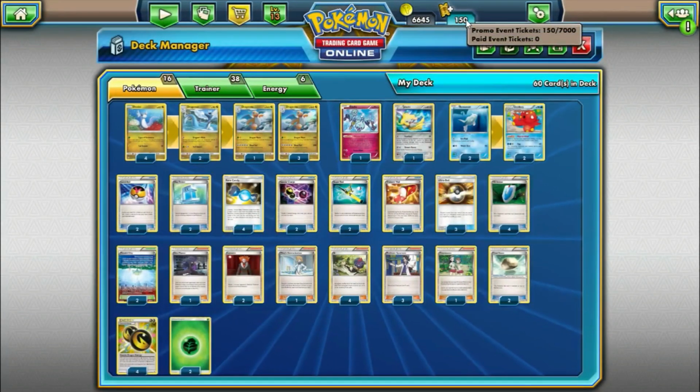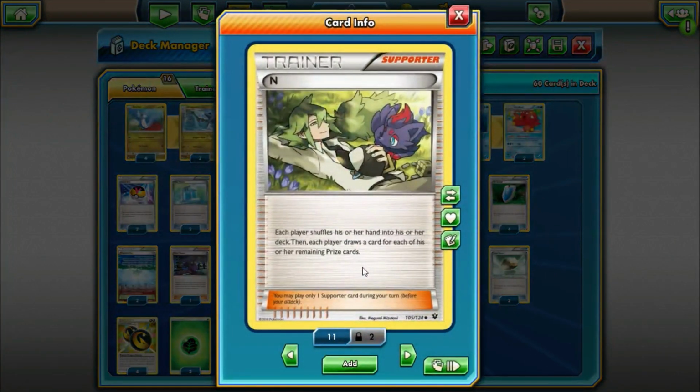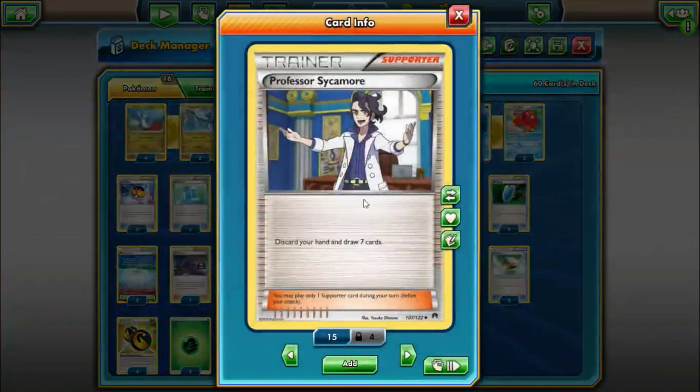So moving on to our supporter cards. For our main forms of draw support, we have 4N. Each player shuffles their hand in their deck and draws equal to the amount of prize cards they have left. We're maxing this out just because we have so many moving pieces. We have our rare candies, Stage 2 Evolution line, an Octillery. So we don't, well, I shouldn't say we don't want to, but a lot of times with a heavier Sycamore count, on the early turns of the game, you'll find yourself having to discard resources that you really want to hang on to for the next turn or so. So that's why we're favoring a heavier count of N,